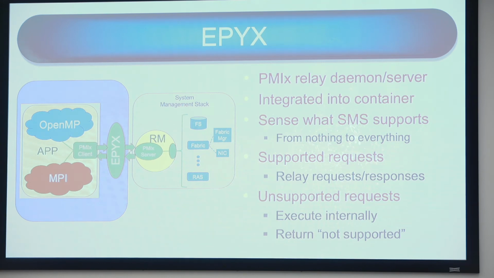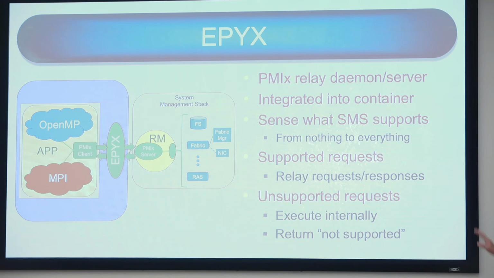We've kind of got a skeleton in mind. We have not actually written code yet, so this is more a discussion of, hey, here's where we think we want to go. But basically the idea is that, if we say that the primary interface is going to be through this PMIx arrangement, then the next question is, what we could do is create a daemon inside the container that basically acts as a relay and as a leveler, if you will.